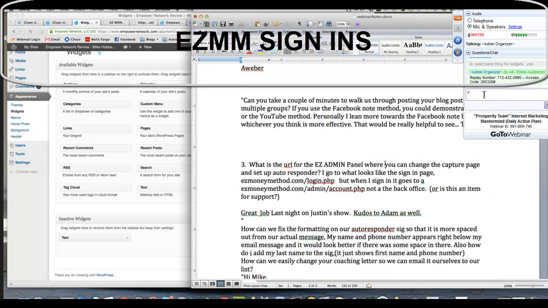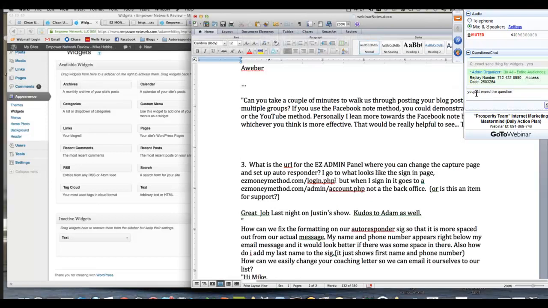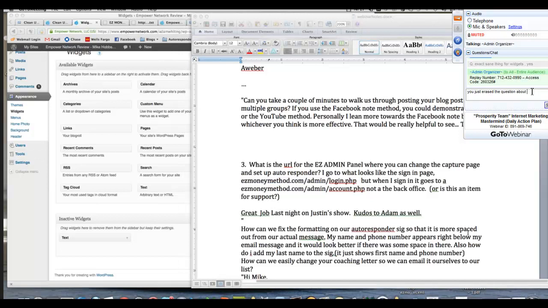Let's use the EasyMM panel where you can change the capture page and autoresponder. Good question. When I sign in, it goes to... yeah, you need admin in there. So admin/login.php. If you're looking for the login, it's that right there. Let me show you guys a good place to get this from.